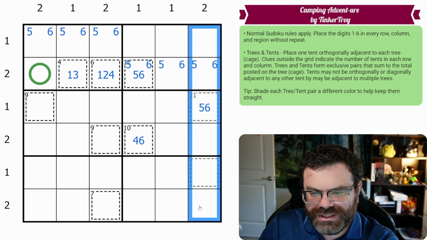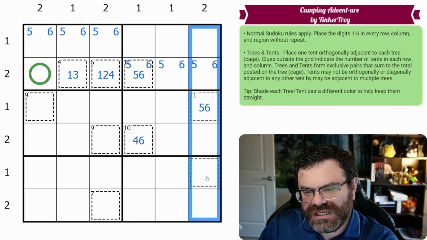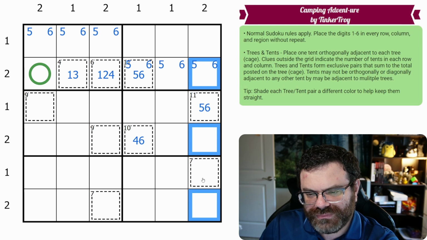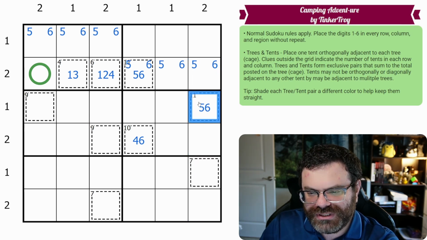Okay, there are 2 tents here. So if we want 2 tents to be here, they're going to be here, because they have to be next to a tree. We have to tie them to a tree. So